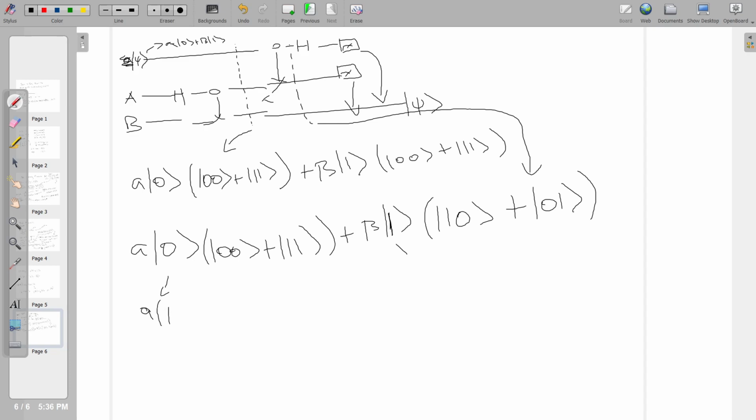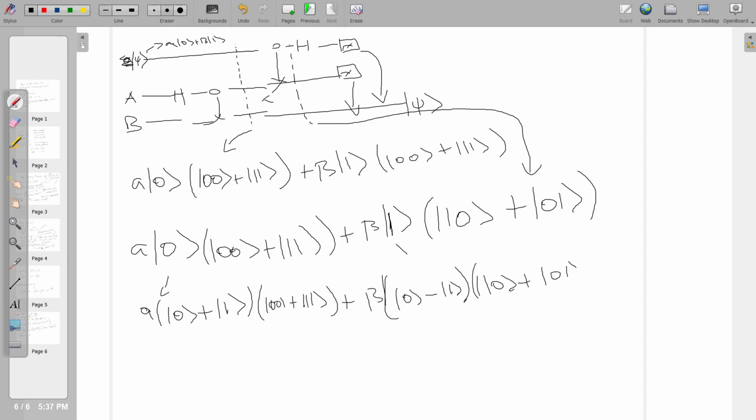A times 0 plus 1, and then we have our 0 0. Oop, I don't know what happened there. 1 1, and then we have our plus beta parentheses 0, and then we have minus 1, and then we have our 1 0, then we have our plus 0 1. So now we can